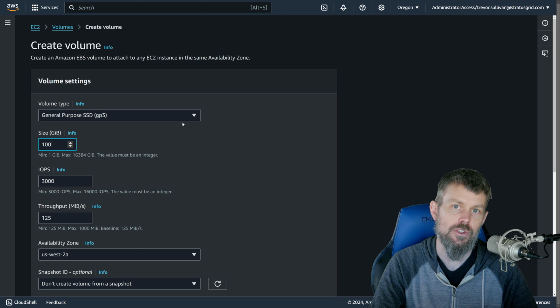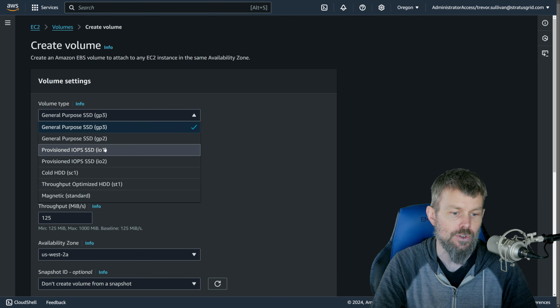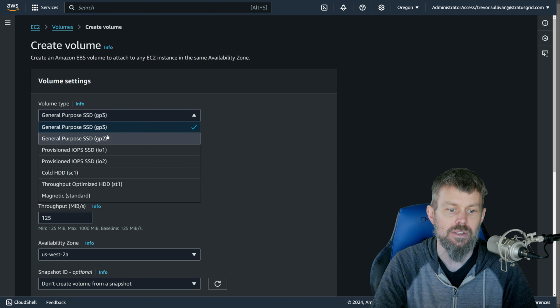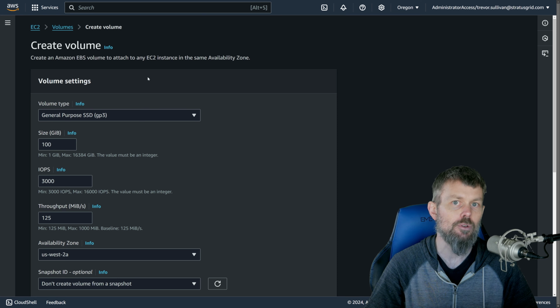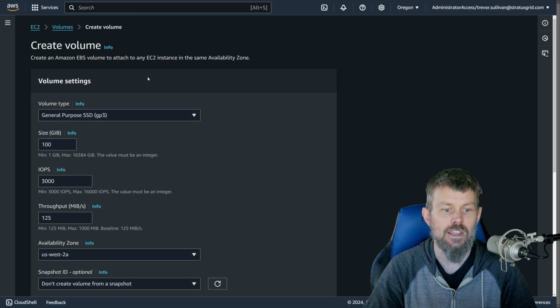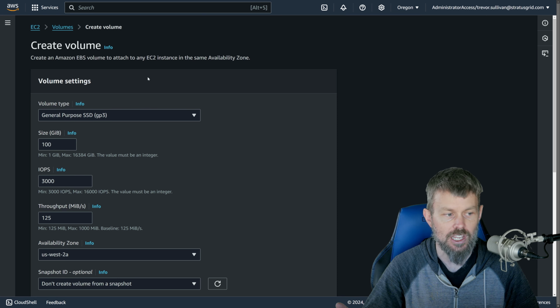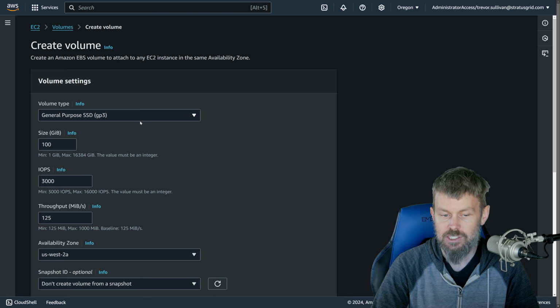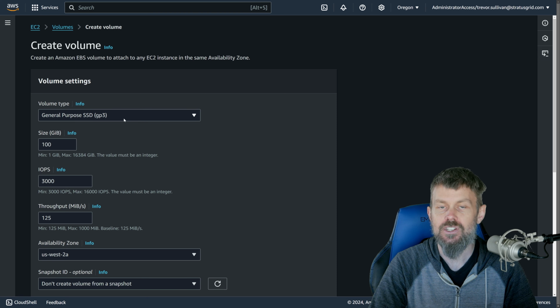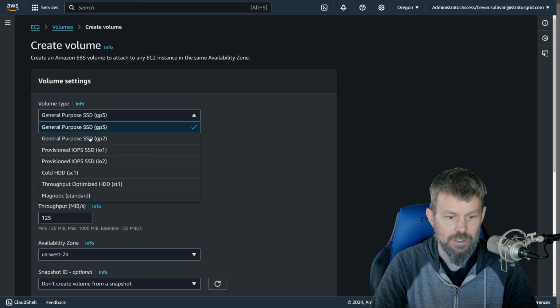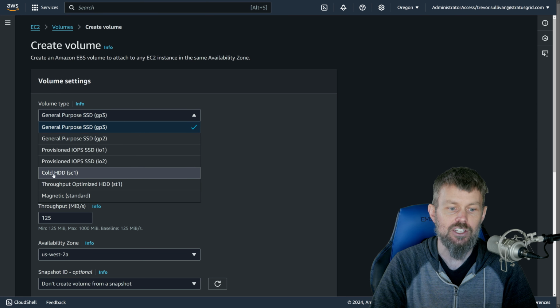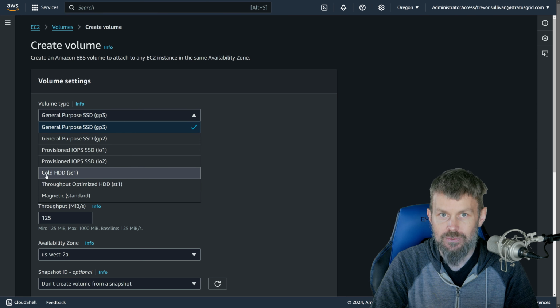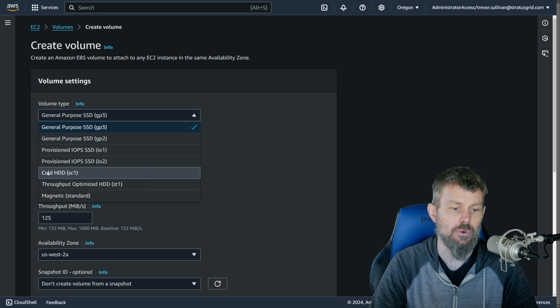Now, the default volume type that you're typically going to see is either going to be GP2 or GP3 volumes. Those are what are called general purpose SSD volumes that allow you to run most types of workloads fairly inexpensively. However, there are other types of storage available. If you are looking for applications that are storing a lot of data that's not accessed very frequently, you can